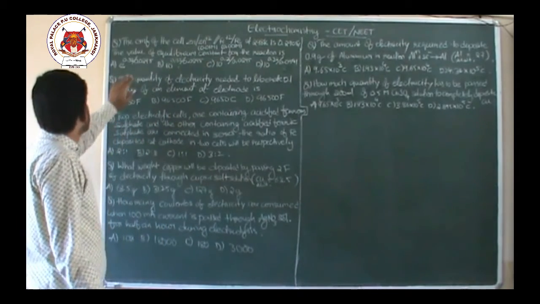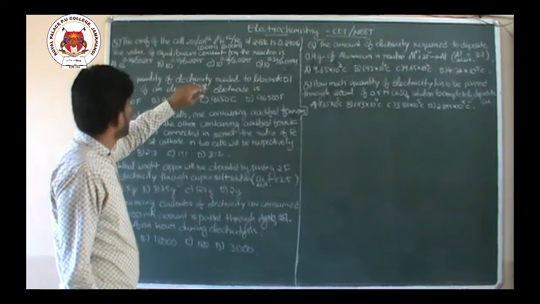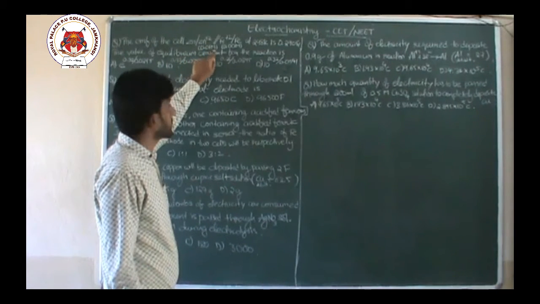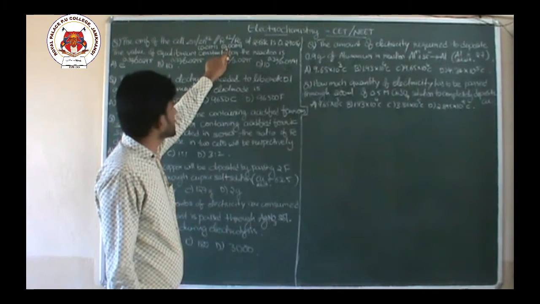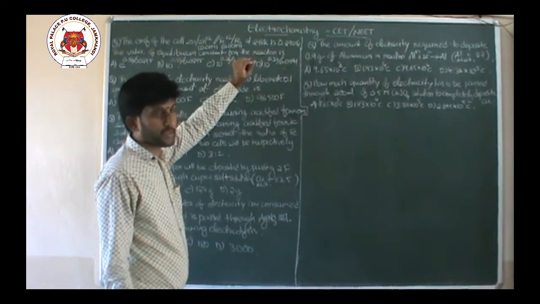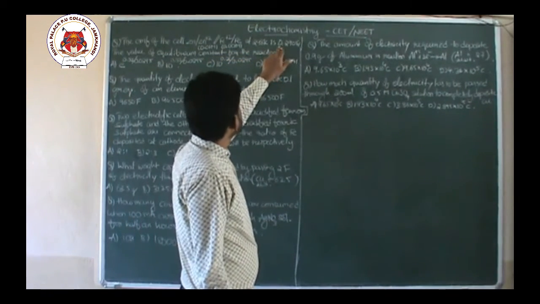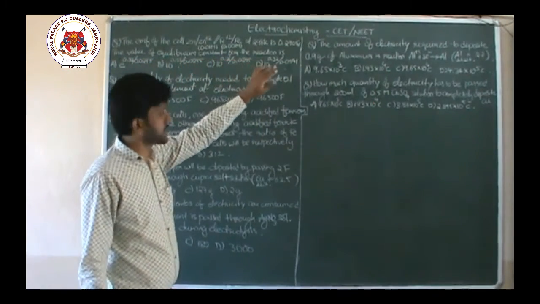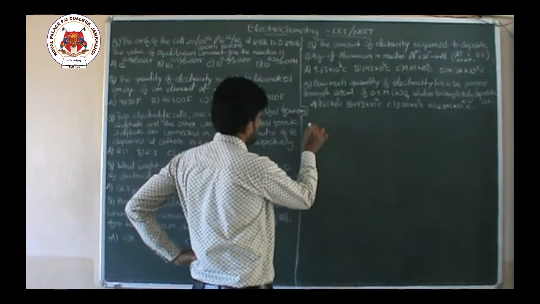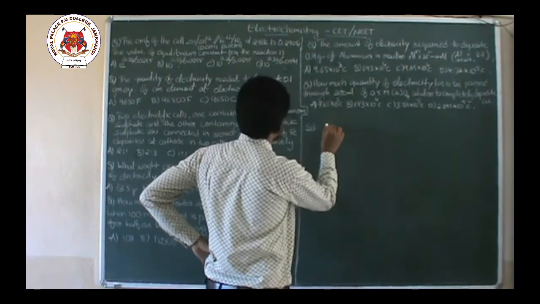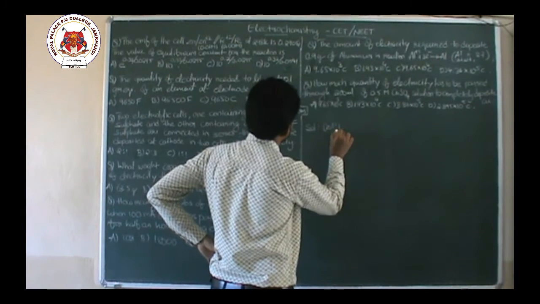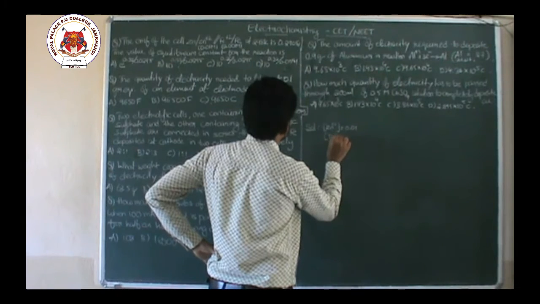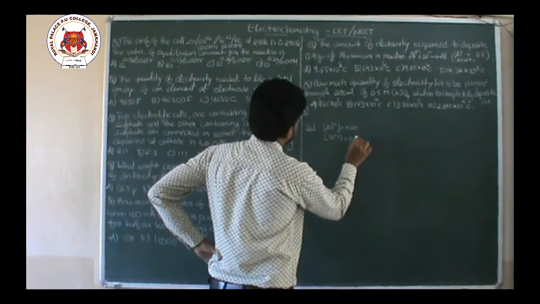Okay? Right. First question. The EMF of the cell, here one cell is given to us: Zn plus 2, concentration is 0.01 M, and Fe plus 2 concentration is 0.001 at 298 kelvins.